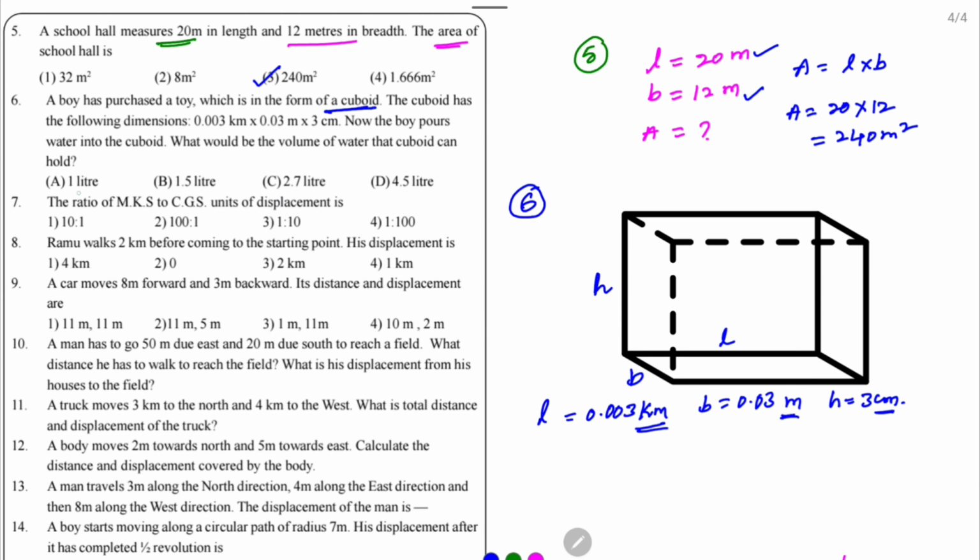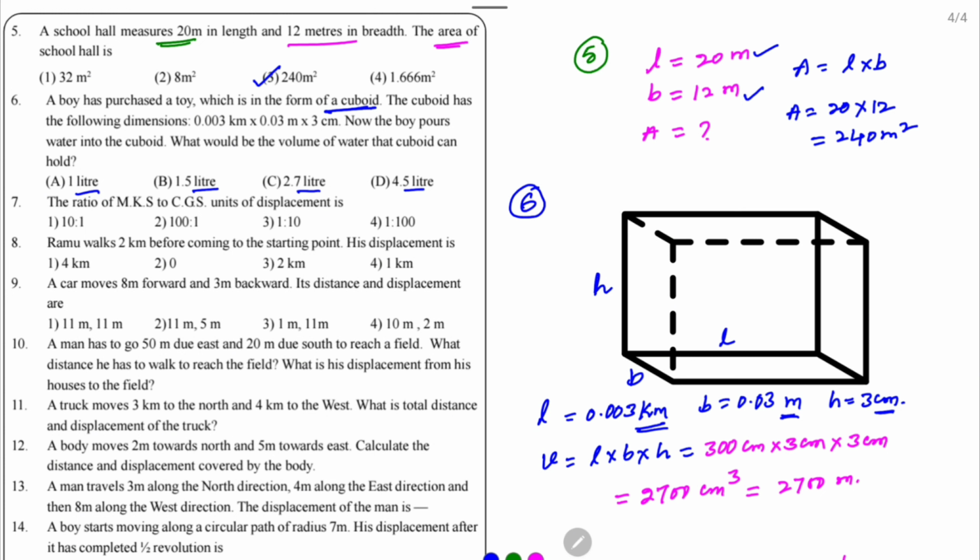Since the answer is in liters, so from the centimeters easily you can convert into liter. So the volume formula, you know that, length into breadth into height, which is equal to 0.003 kilometer can be written as 300 centimeter times 0.03 meter can be written as 3 centimeter into height is already given in centimeter, which is 3. So the value is 2700 centimeter cube, which can be written as